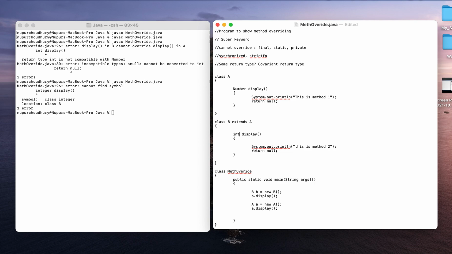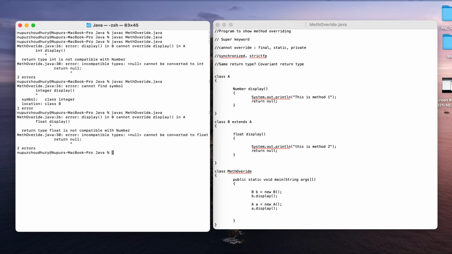If I am using, let's say, a different data type, float display, okay. We know that number is a child of object, so number was working fine. Now if I have to find out a child of number, this should be giving me an output.